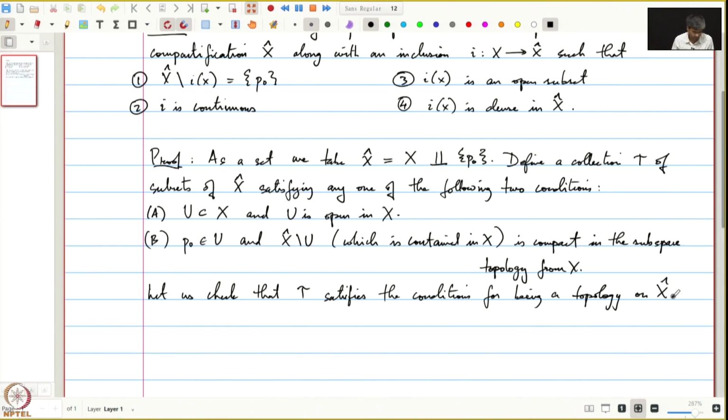Okay. So, let us check the first condition. We need to show that the empty set and the full set X hat are in tau. So, the empty set satisfies A and the full set X hat satisfies B, right? So thus phi and X hat are in tau. Okay. So next,